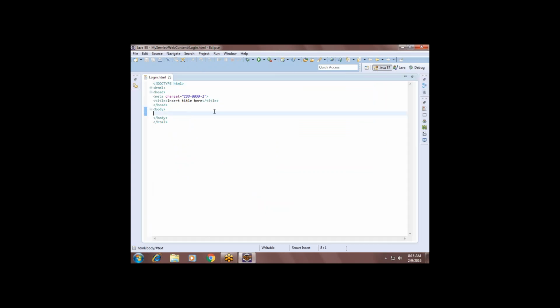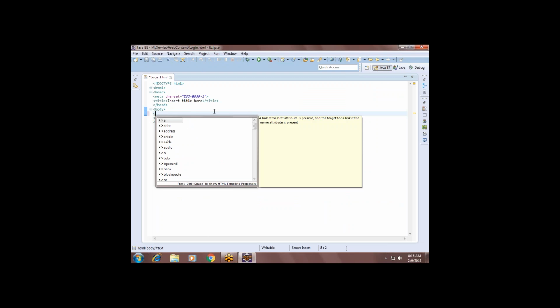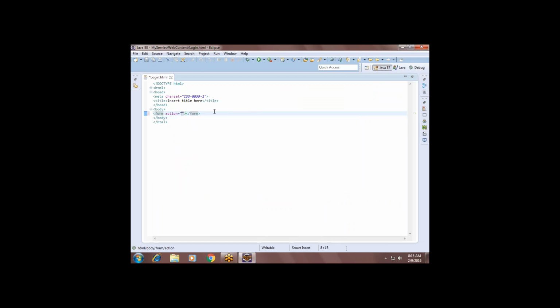See guys, if you want any client's parameters to be passed to the server, then the client form has to be designed using a form tag. Input text boxes and command buttons, when you want to design, you should go with a form tag inside an HTML page. This is the form tag we should start. Under that, give the URL pattern. I am giving the URL pattern as login. So whenever the client submits the data, it will go to login. Action works like href in an anchor tag.